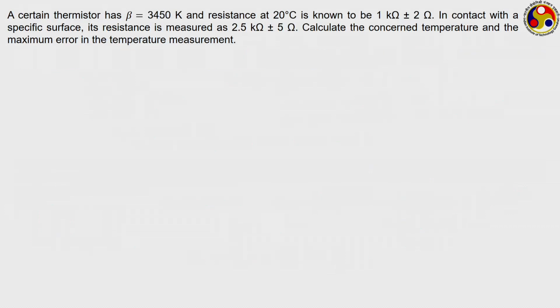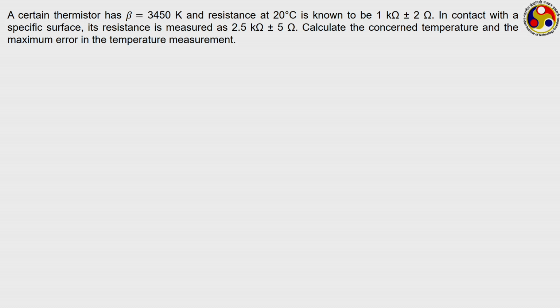Let us now move to a problem involving thermistors. Here our question is, just carefully read it out. We are talking about a thermistor having a beta equal to 3450 Kelvin and resistance at 20 degrees Celsius is known to be 1 kilo ohm plus minus 2 ohm. So, there is an uncertainty involved. At the reference temperature of 20 degrees Celsius, the corresponding reference resistance value is 1 kilo ohm with an uncertainty